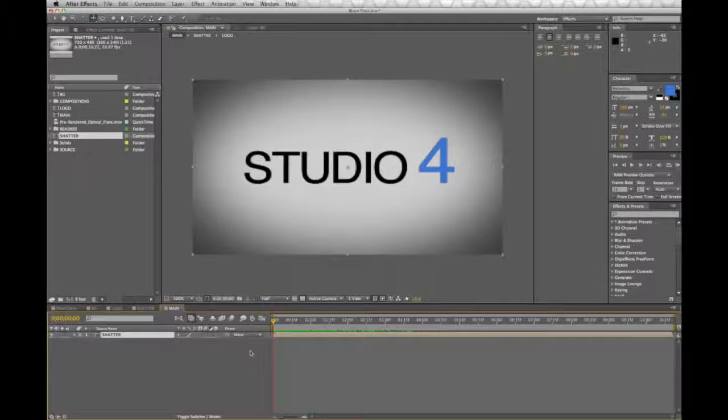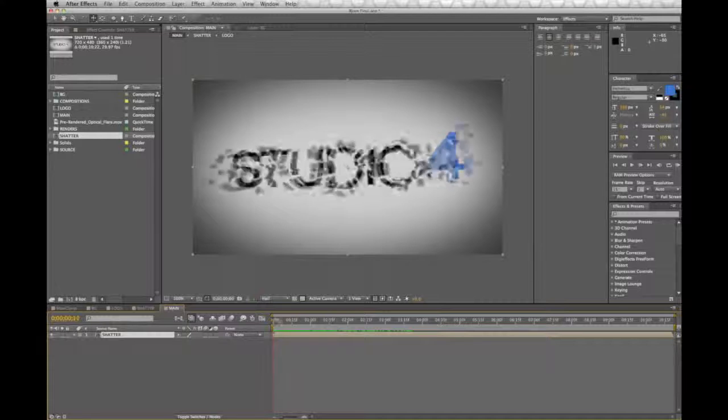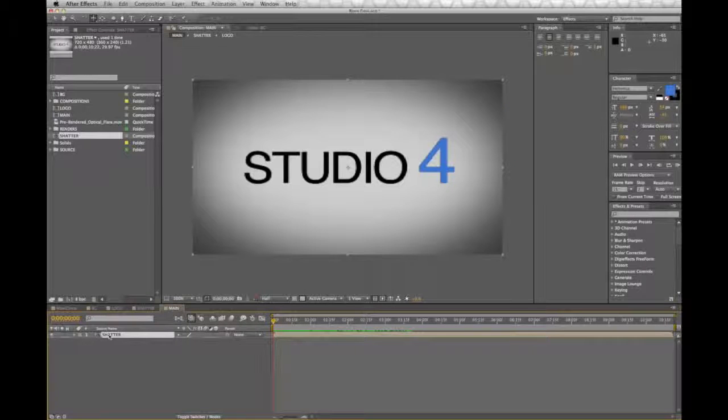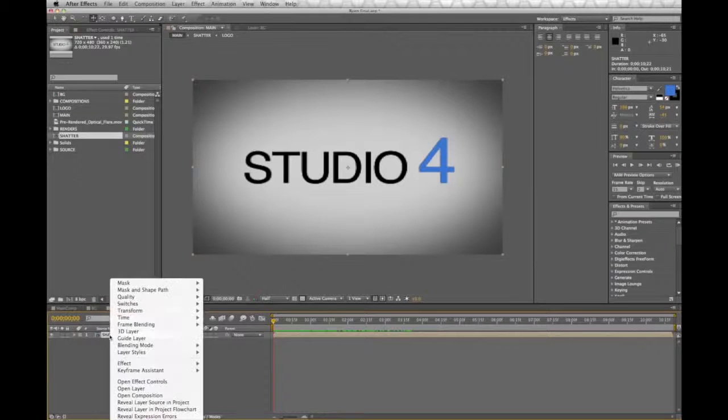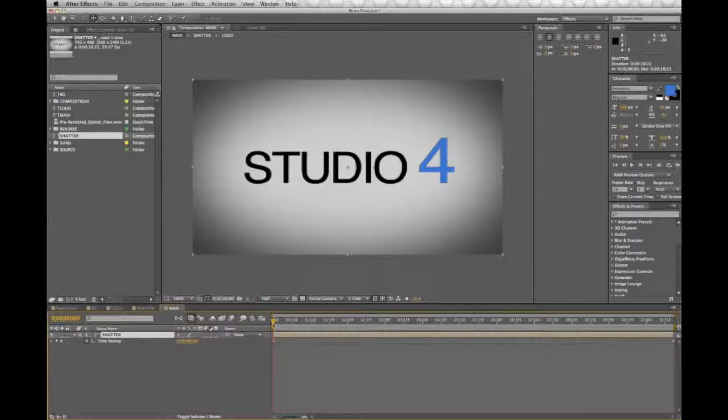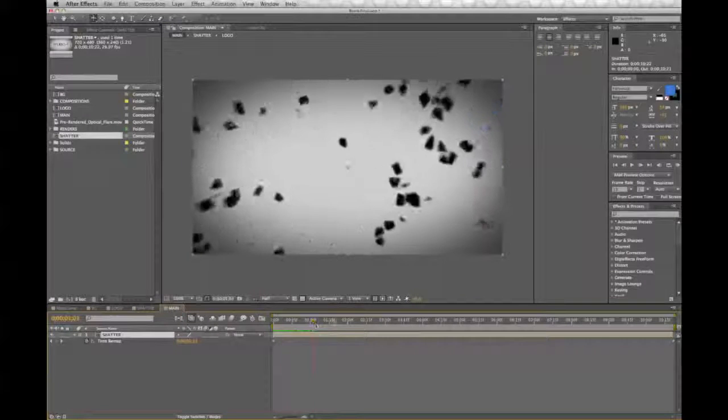Sucking together. Now let's go ahead and address that problem I was mentioning earlier about how it's going backwards. There's a pretty simple solution to fix this problem. If you right click on Shatter, go to time, hit enable time remapping, and we're going to scrub forward a little bit